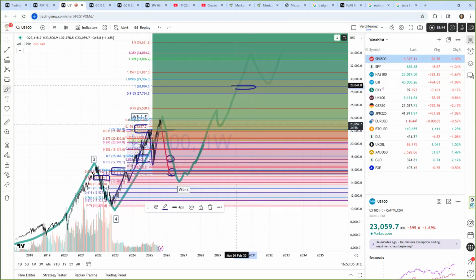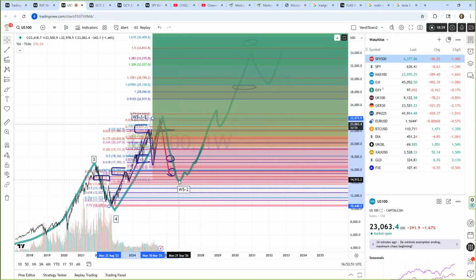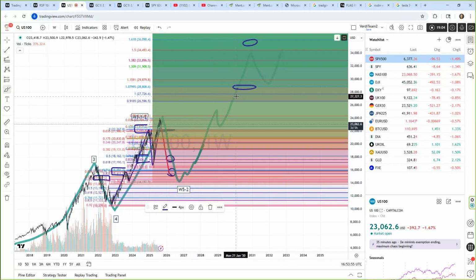So you're looking at this to this as a potential measured move. Now that's off of this potential low right here. So I come over here, click it, I'm off of this low. If we were to get a little lower, I would be looking at a 100 to 150